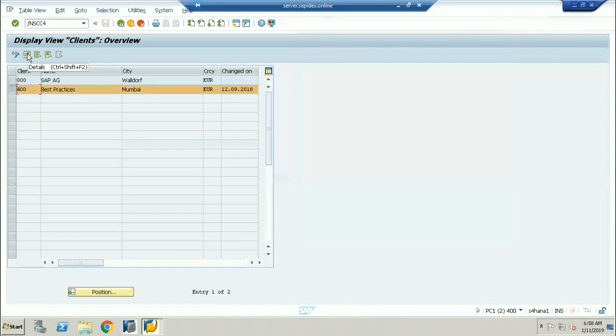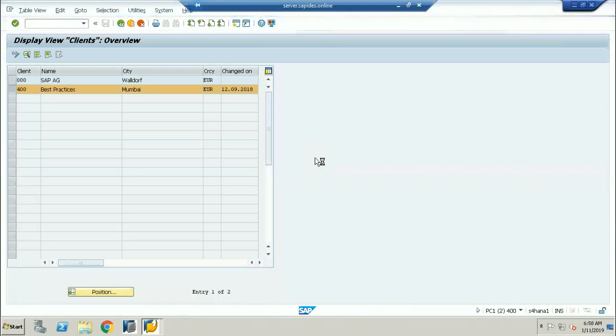If I click on the details, the server is a little bit slow, but one second, because this is very, very important for us to understand.